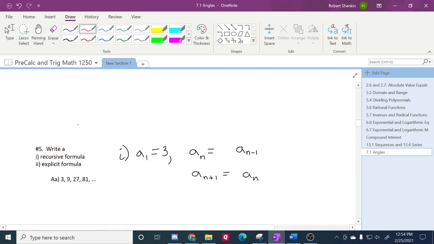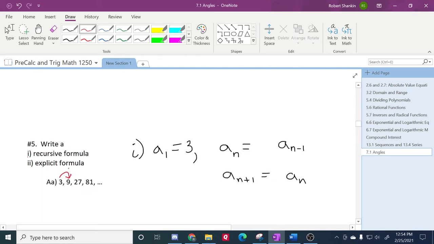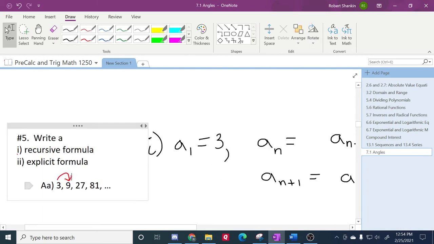Good. So how do I get from here to here? Well, I could add 6, but if I add 6 again, it won't get me to the next one. So what can I do consistently that'll get me to the next one? If I multiply by 3, and then I keep multiplying by 3. That's what I do. So that's all I have to do over here